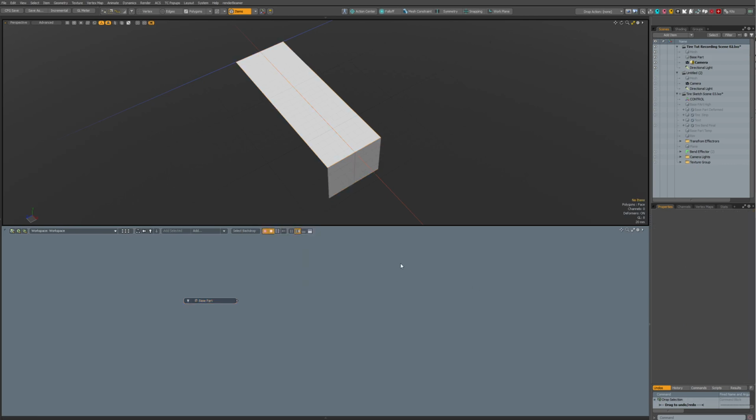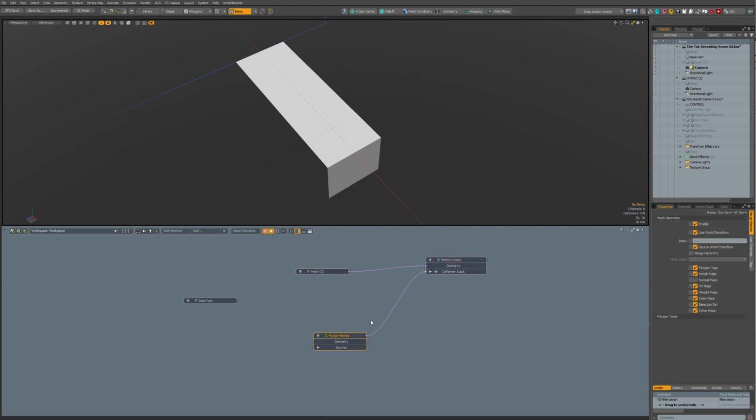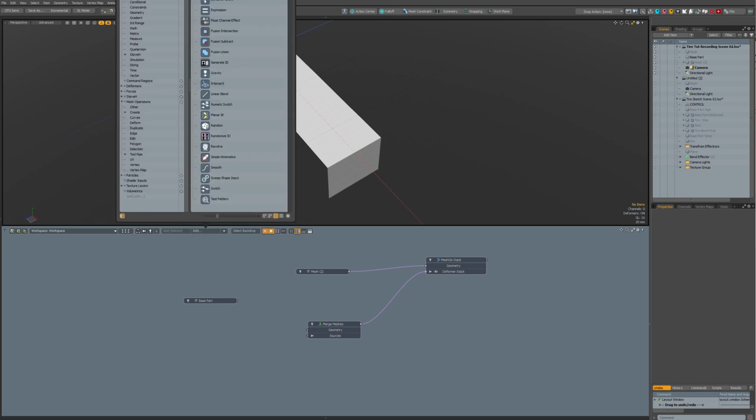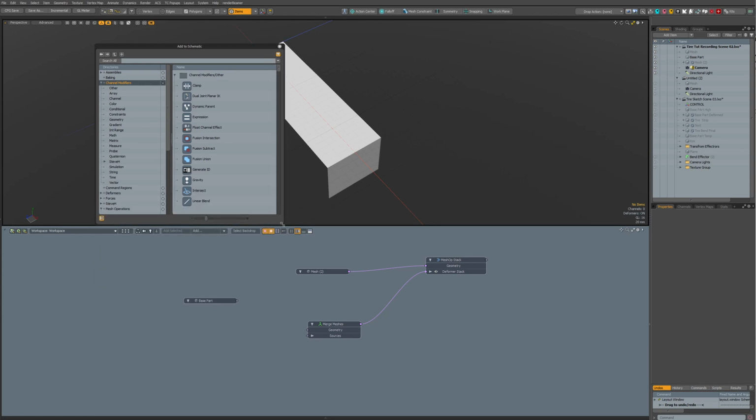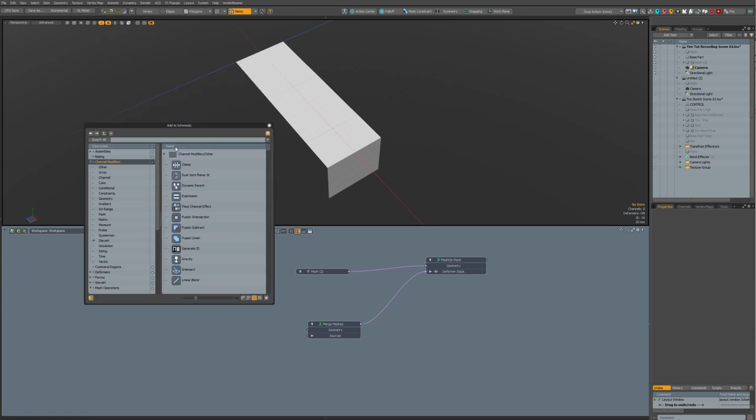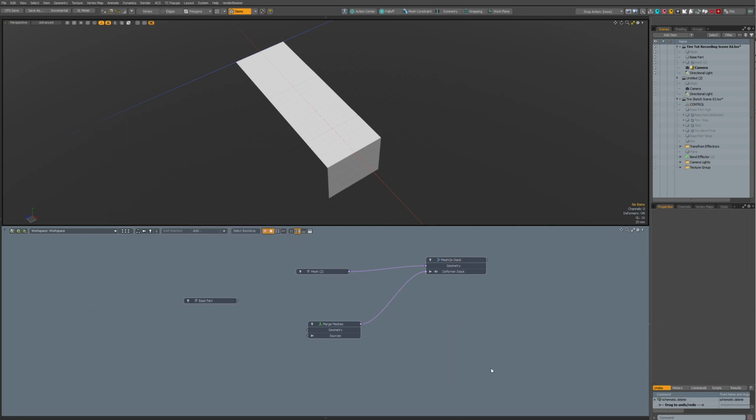Okay, and then we make a new mesh item and stack and merge. You can do this from here, I'll have to make this smaller because it goes out of the screen. You can add those also from here, but I have set some hotkeys for those because it's faster.